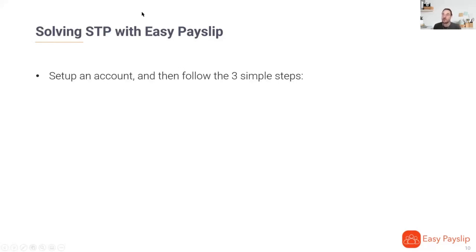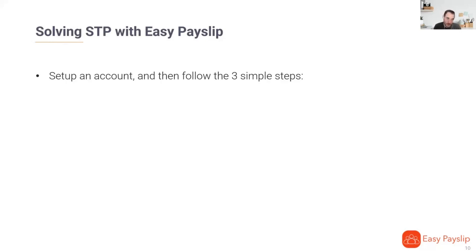So how do we solve STP with Easy Payslip? Fortunately, the process probably works quite similar with various software providers. So I will talk about STP, but the concepts are important. If you're using something else, you'll probably be able to apply these to other software. The first thing you need to do is set up an account.